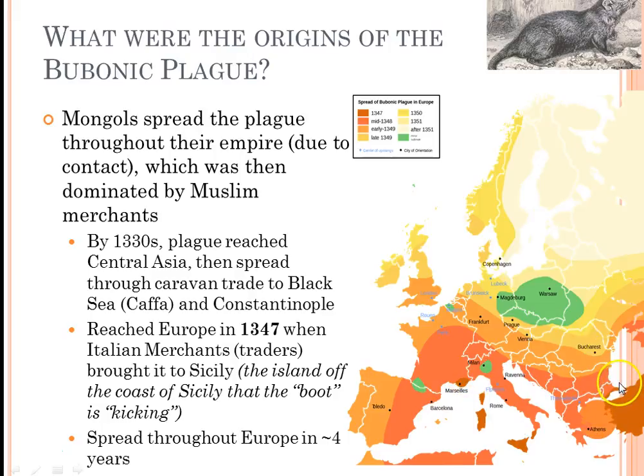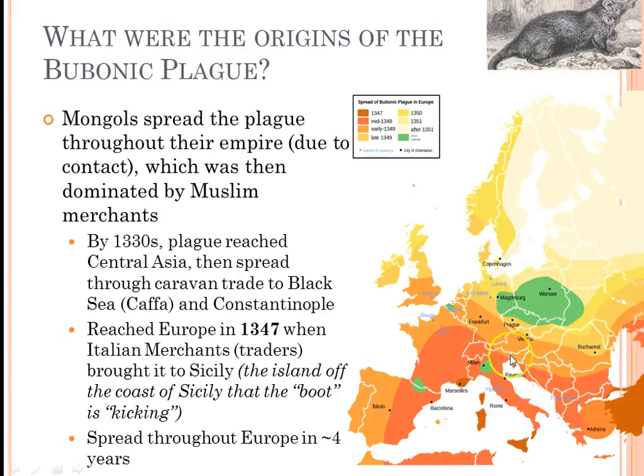Constantinople was a huge center of trade. Remember that this was the Byzantine Empire. So the Christian Empire, the Catholic Empire, was trading a lot with the Byzantines because they were friendly with the Byzantines. So through trade, we see it spread gradually. The more red the color, the earlier it got there.